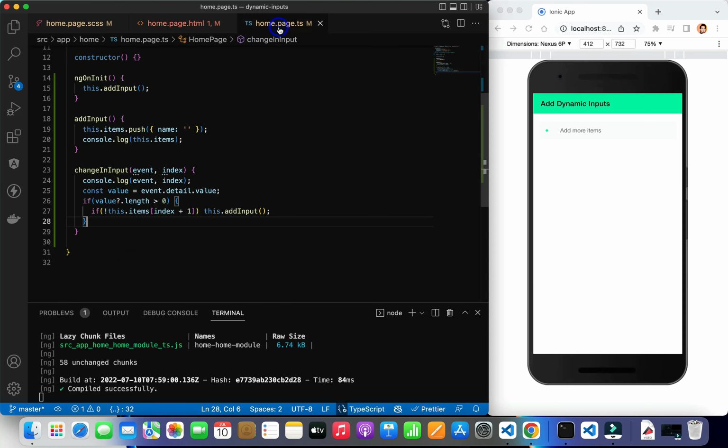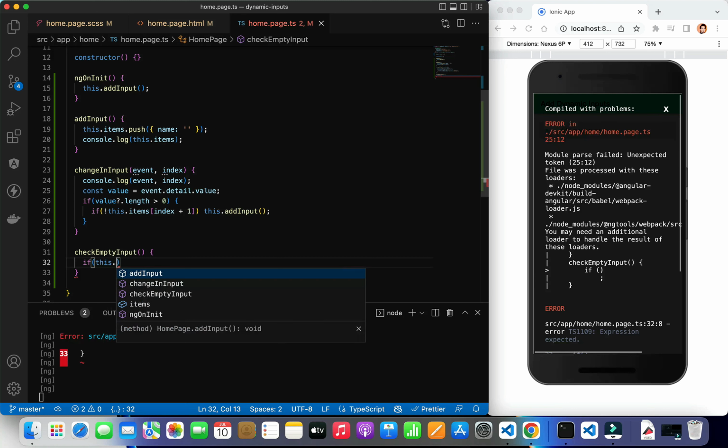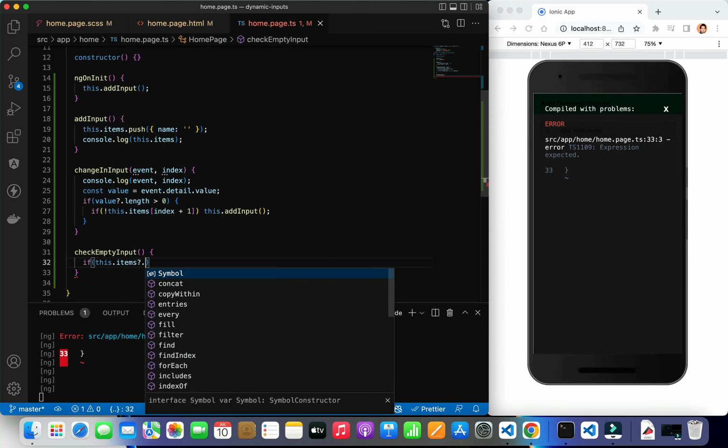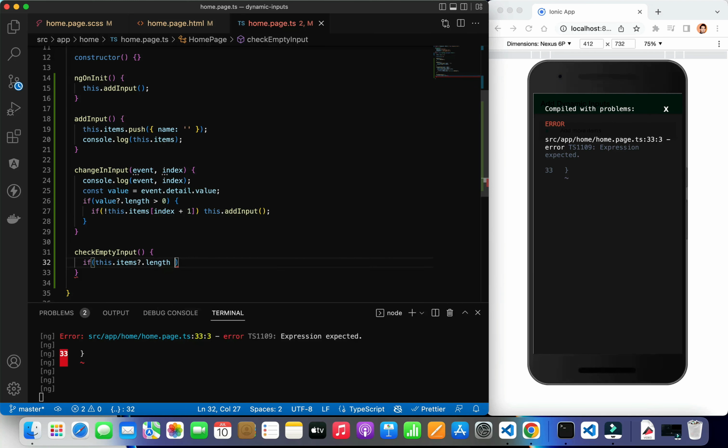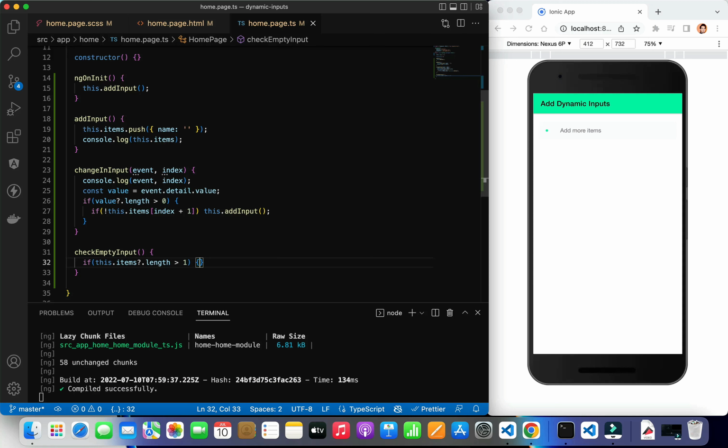I'll go to the TypeScript file, and here I'm going to simply create this function. Now within this function I simply need to check if this.items.length is greater than 1, then only I need to remove, because if it is 1, then I'll still keep it, because I need at least one item to be there, right? So within this condition, if it is greater than 1, then I'm going to filter the data. How will I do that? this.items will be equal to